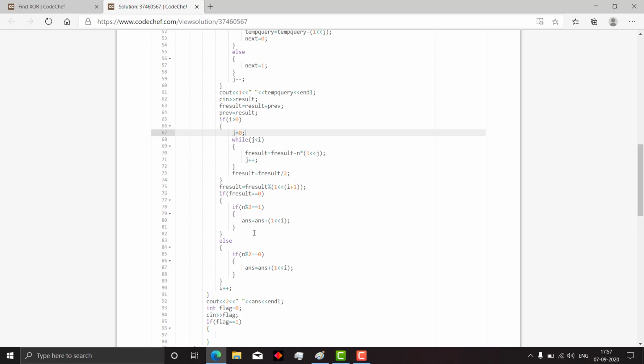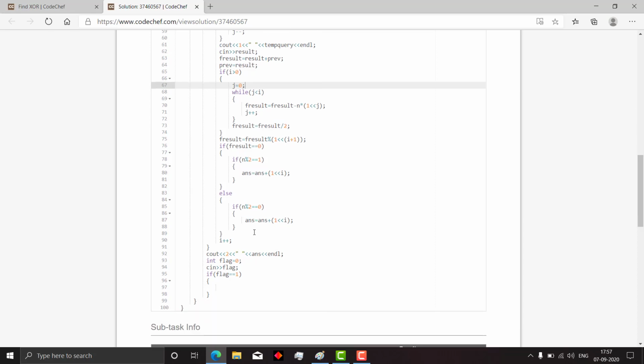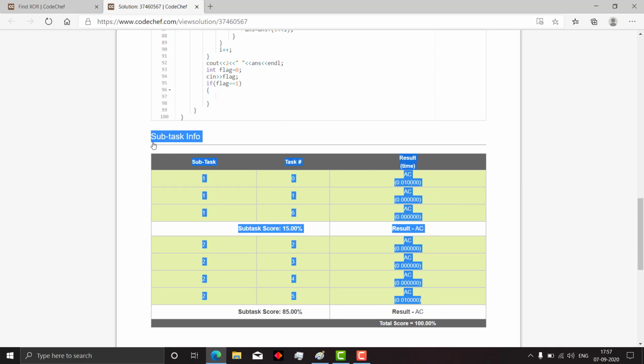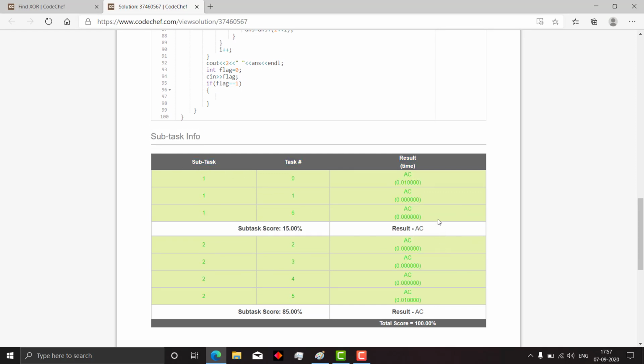And similarly for the other case, if the number of zeros are odd. So now we print out the answer, and we read in the flag, and it's always 1. So you can see that it passes the test cases in a quite feeble way, because 20 squared, the number of operations, is 400.